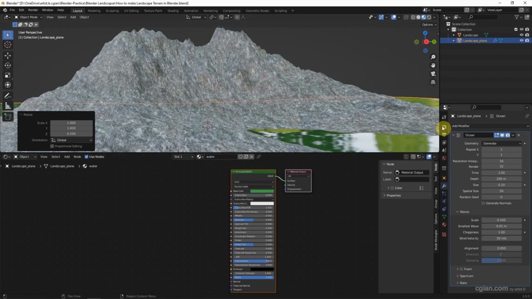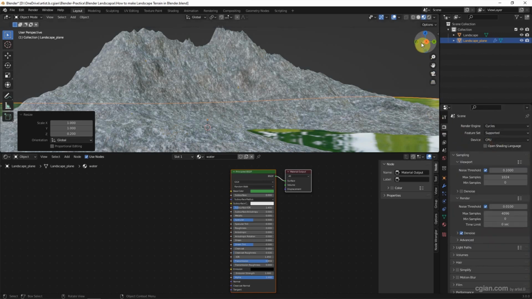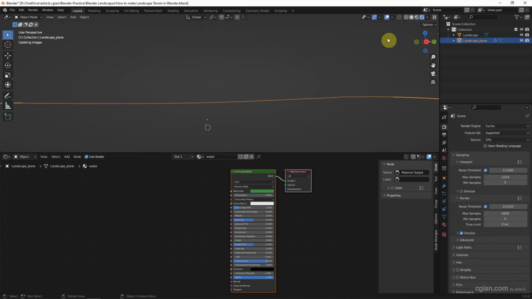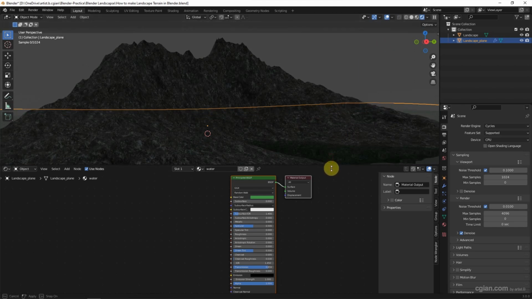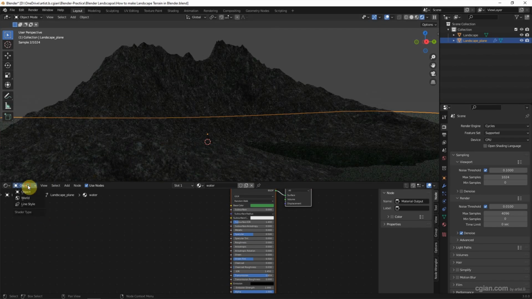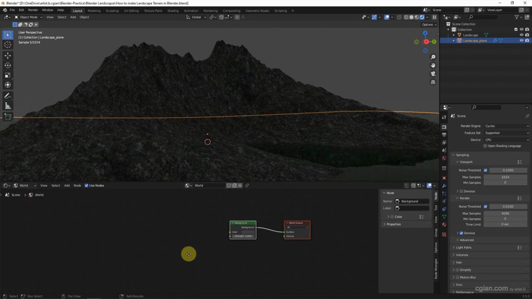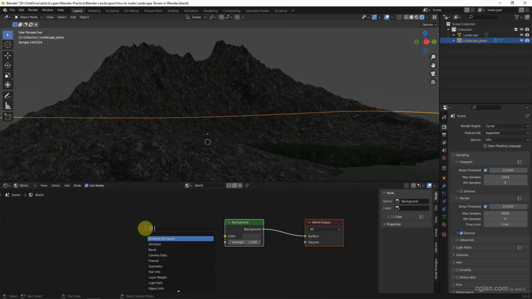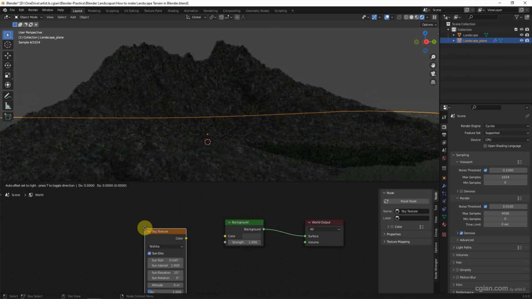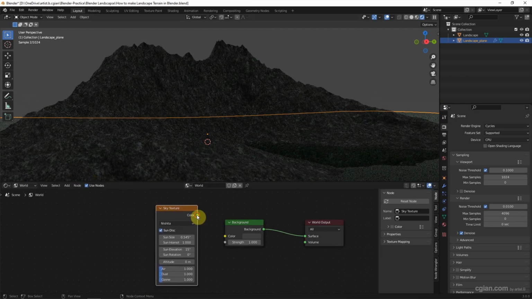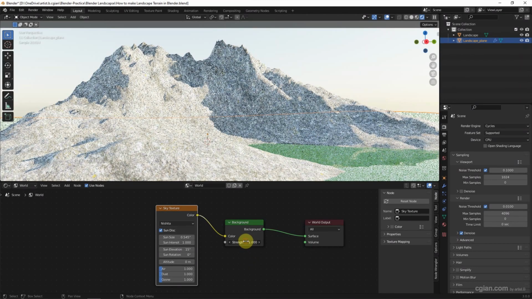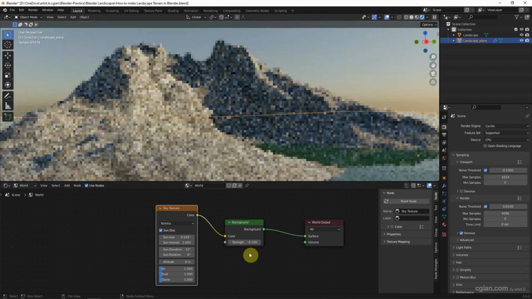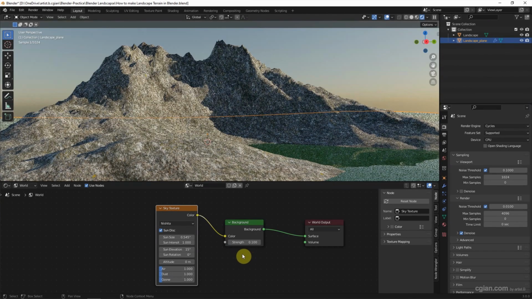We can switch to Cycles render preview, because there is no lighting. So we can go to the World to add sunlight. Go to the World in the shader editor, Shift A to add Sky Texture. Color connects to Color. It's quite bright. I will use 0.1 for the strength of the background.